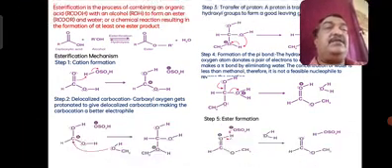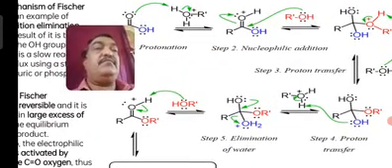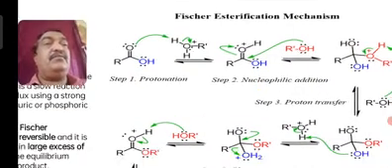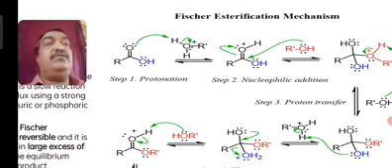In the second method, called the Fischer method or Fischer esterification mechanism, the protonated alcohol is taken as the starting step. That is ROH, where H is attached to the RO group, making oxygen plus. This attacks the oxygen, because in C double bond O the oxygen will have a negative charge and the carbon will have a positive charge.